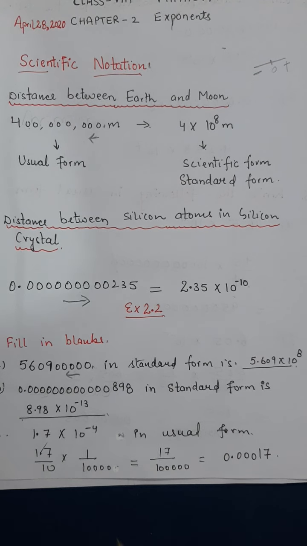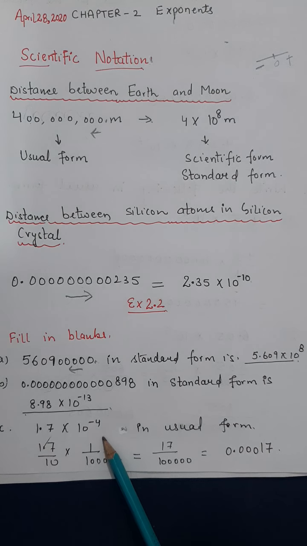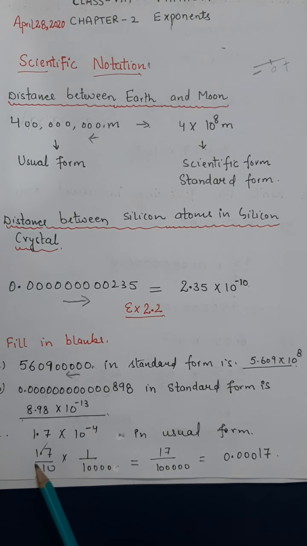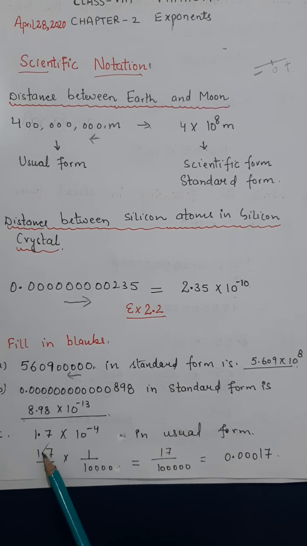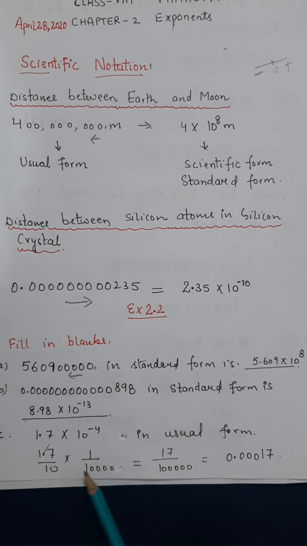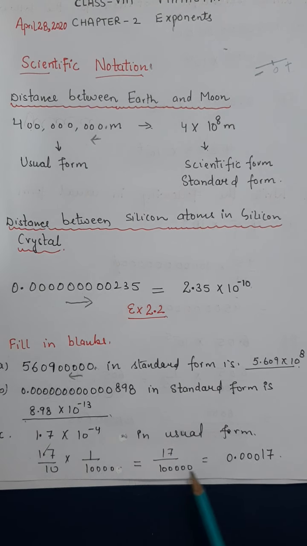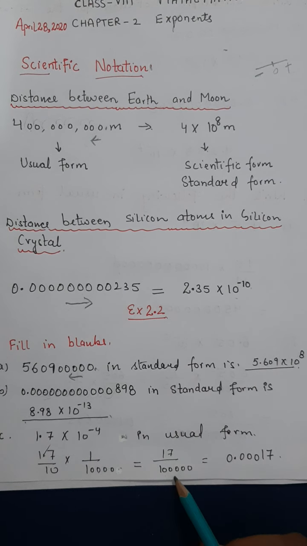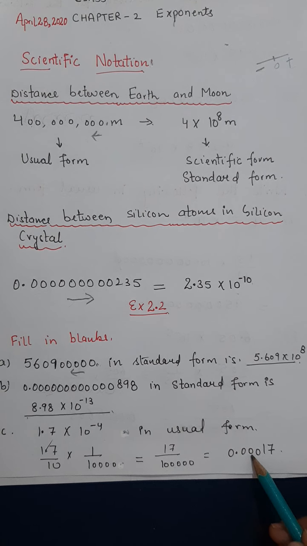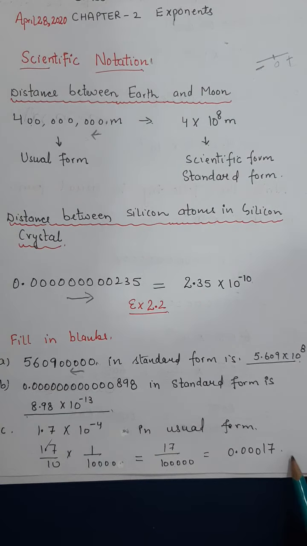Okay. Now this is given in the standard form. You need to write it in usual form. Okay. Just you can do the simplification. Simplify this, it will be 10 down into 1 upon 10 raised to power positive 4. Okay, so you can write it as 10,000. Altogether this is 1 lakh downside. So it will be 0.00017. How many? 5 zeros now down. So it will be 0.00017.